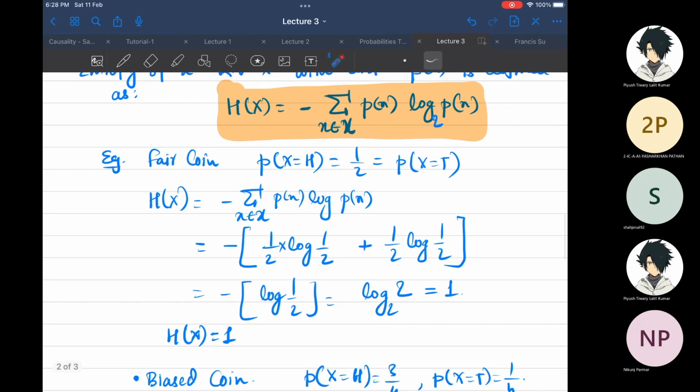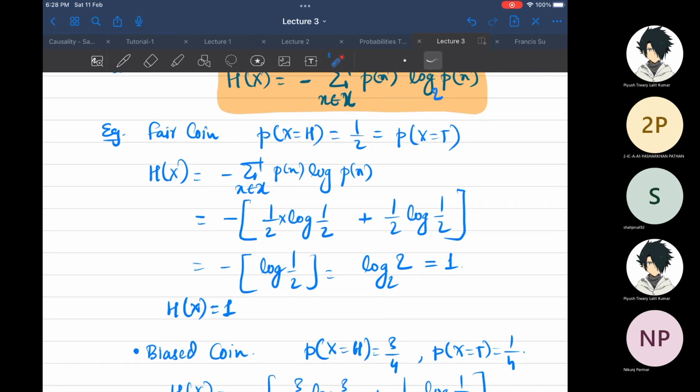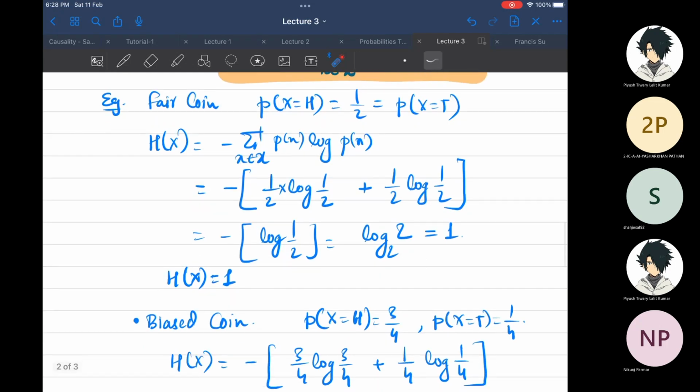Okay. So after that, we took an example of a fair coin. A fair coin basically has, let's say, two outputs, heads and tails. And each of them is equally likely, meaning that each of them occurs with probability 1 by 2. So in some sense you can see that there is absolute randomness, because this coin doesn't favor heads, and it doesn't favor tails either.